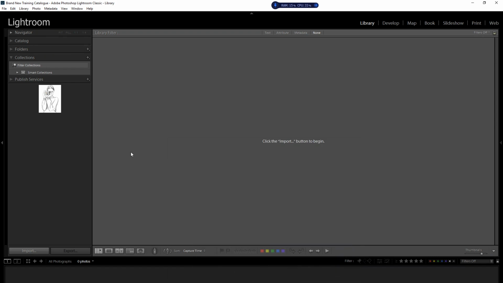So we need to discuss backups. Lightroom backups do take up space on your external hard drive or on your computer, and you really only need to keep the last 3 or 4 backups, and you can do some housekeeping to get rid of the remaining backups because they do take up space. I would always recommend that you have an external hard drive and that you can store your backups on either an external hard drive or a USB, and keep them on a separate machine, and preferably in a separate place to your computer, so if your computer burns down you have a backup of presumably all of your images and